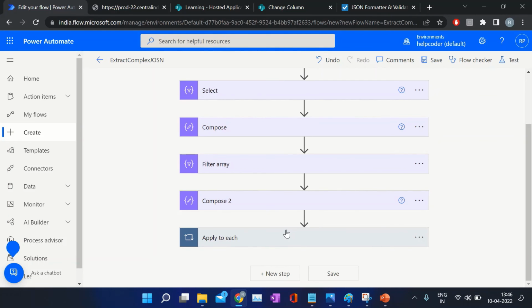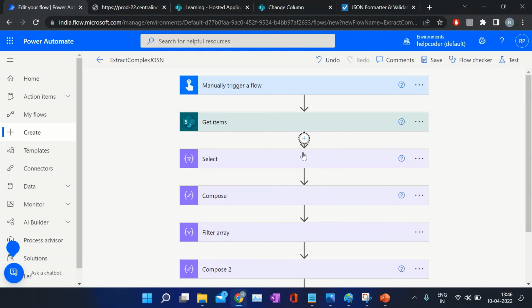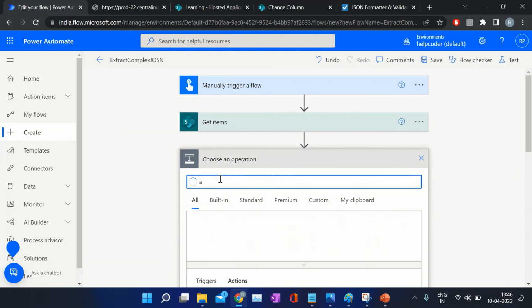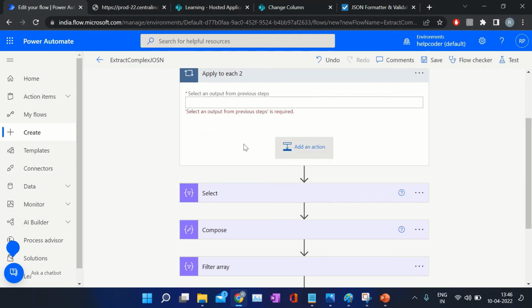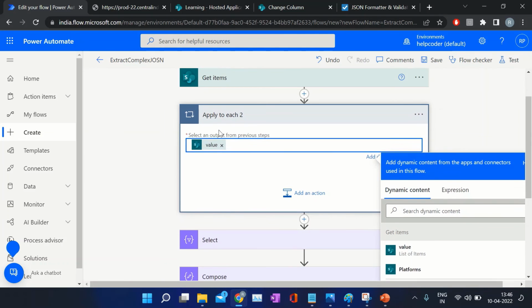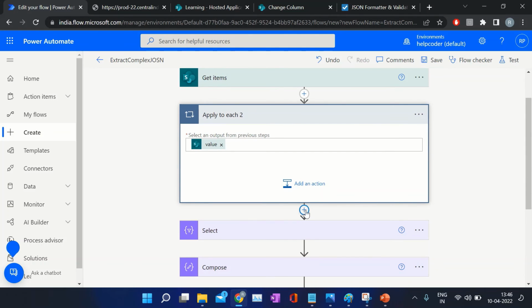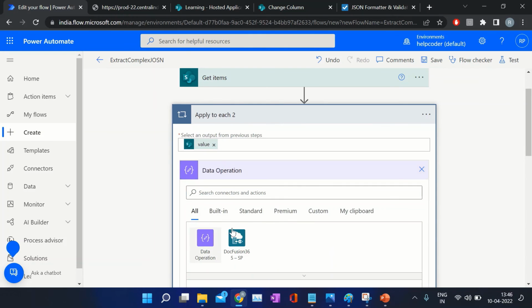Now let me fetch the data of the lookup column. So what you have to do is click here and I want the data for each user. What is your data source value? From this I want to extract, search for compose,